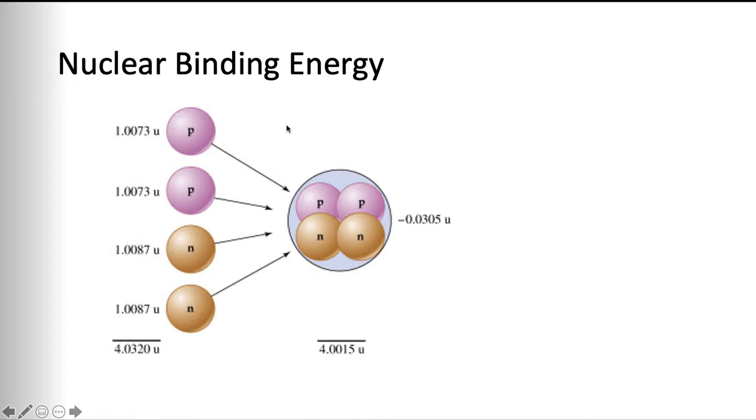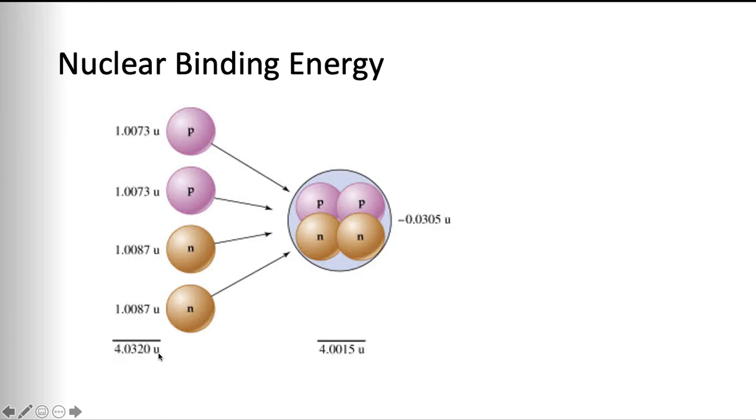Let's talk about the nuclear binding energy. This is the energy associated with the formation of a nucleus. So if I were to form, for example, this helium nucleus, which we know has 2 protons and 2 neutrons, if I were to calculate the mass of the helium nucleus by just adding 2 times 1.0073 atomic units, which is the mass of a proton, because I have 2 protons, plus 2 times 1.0087 units, which is the mass of a neutron. And I could even add the mass of an electron, but it's so small. Anyway, if I add those up, I would get